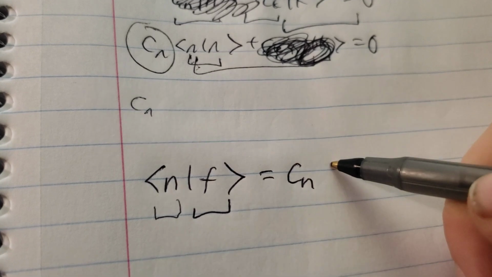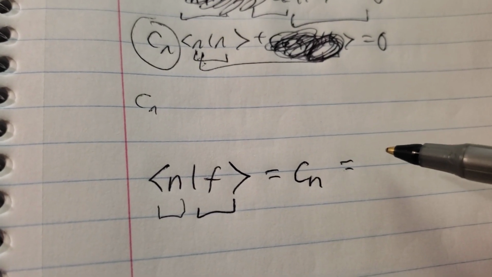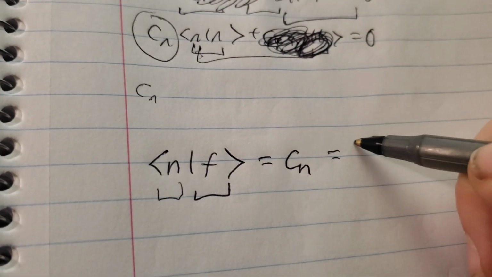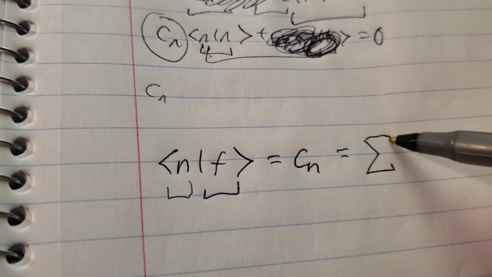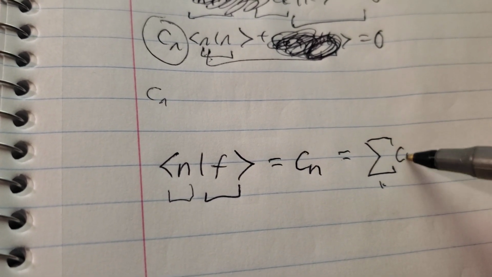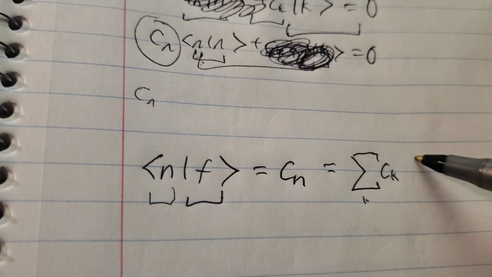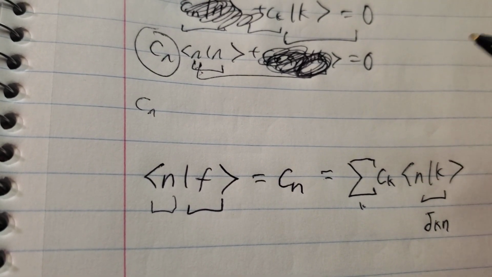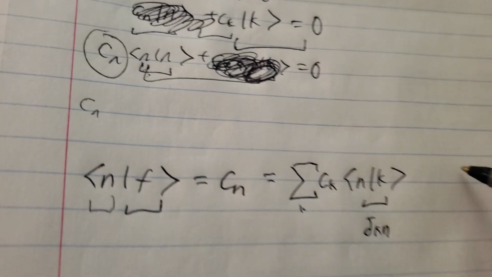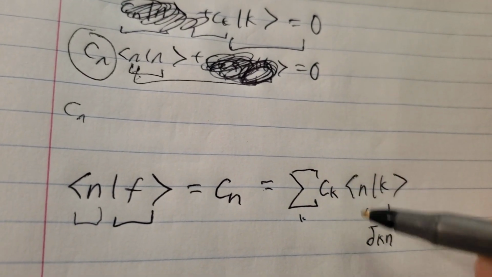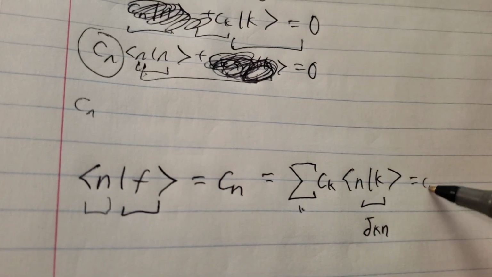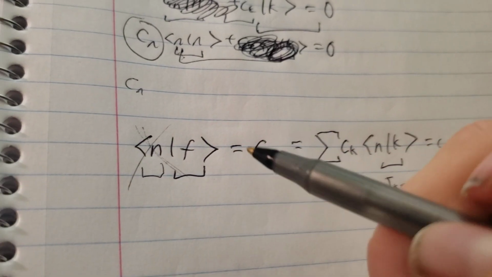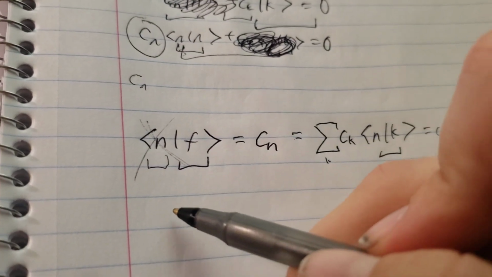Well, exploiting the orthogonality of the n and k, or of the eigenfunctions of A hat, some arbitrary Hermitian operator, we can just write this as sum over k, c sub k, because that's just the delta of k and n, and then you'll only sum over the n part, so that's just equal to c sub n. Well, we can now remove this inner product part with n and write